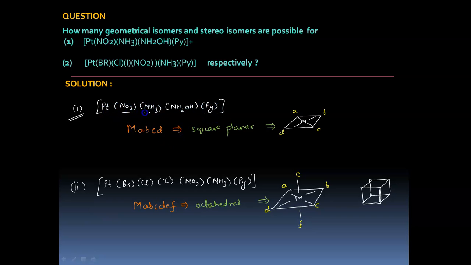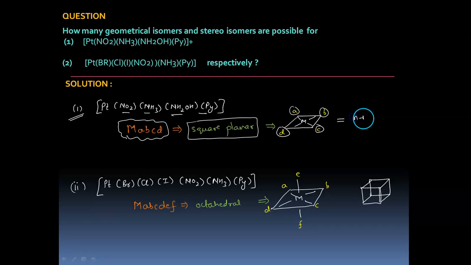So all these ligands are different. So it will be of the form MABCD. The shape cannot be tetrahedral because then geometrical isomers are not possible. So we consider this to be square planar. And then we see that it is actually a case of a circular permutation. We will have a mathematical approach in solving. The circular permutation formula is (n minus 1) factorial upon 2.